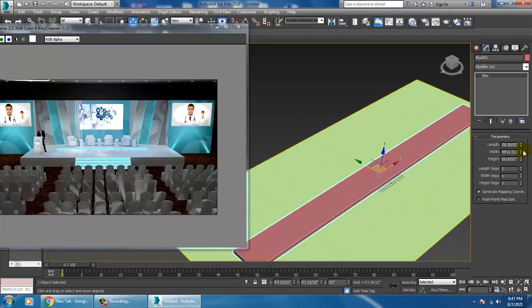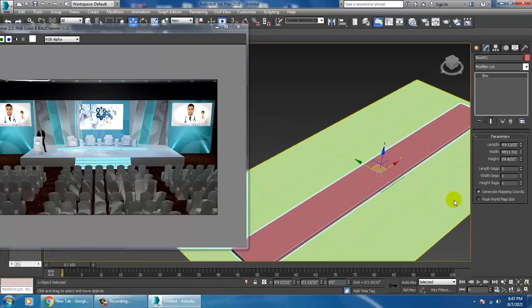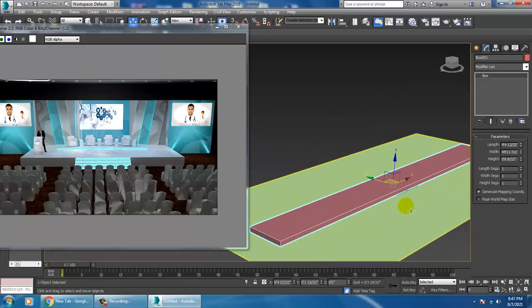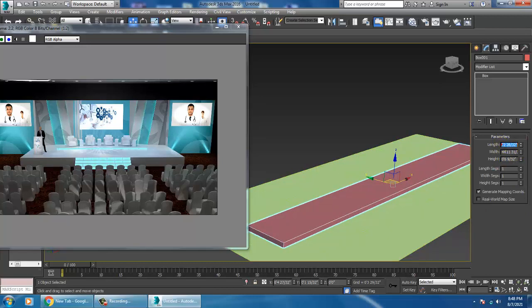And the length we can define around 30 feet.